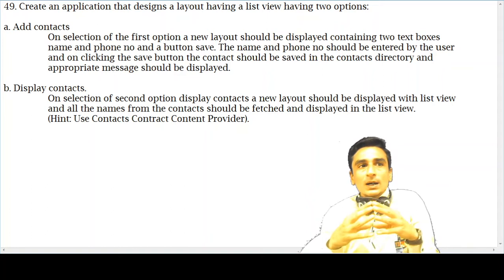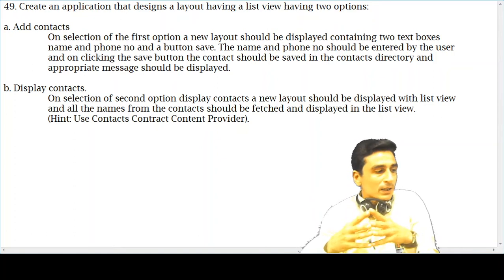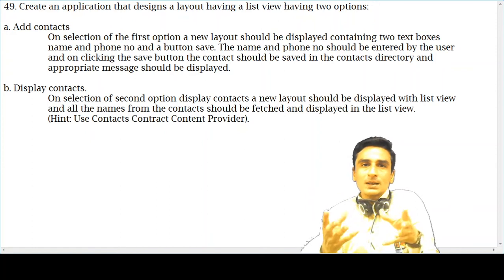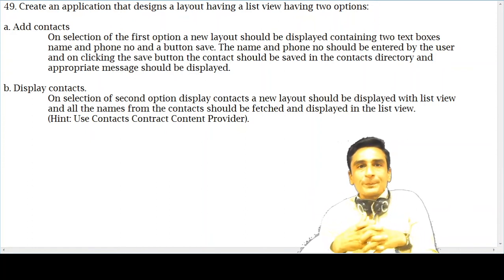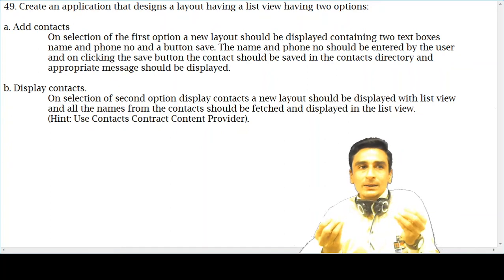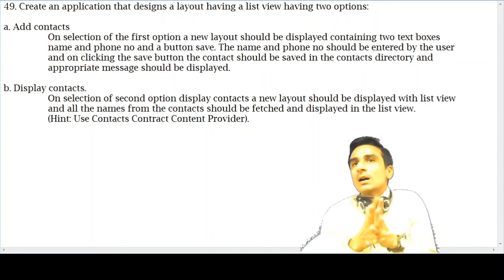There is a predefined intent available which we can use here for adding the contact. While using this predefined intent, that is an implicit intent, we can easily add a contact by writing a few lines. We need to set the type of the intent, set a few of the properties of the intent, and finally start the activity.